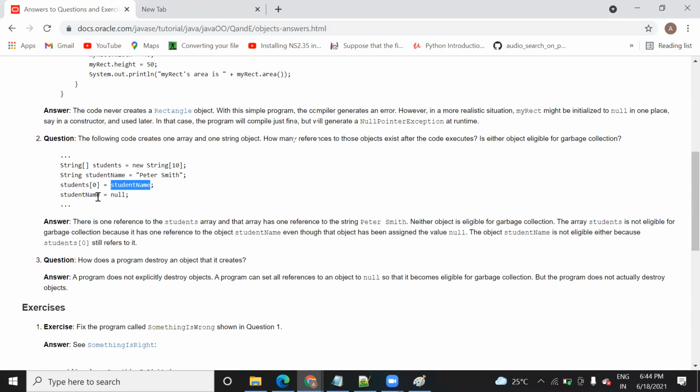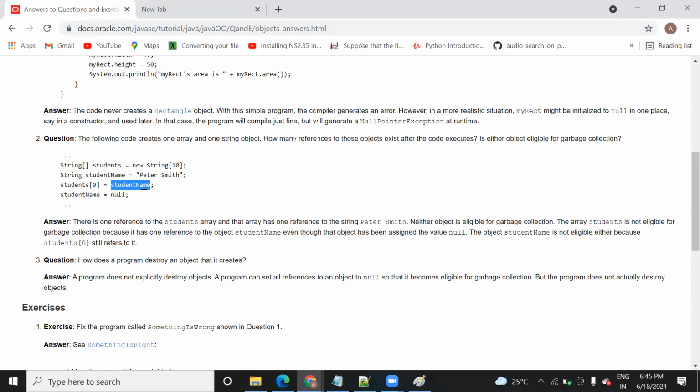So in Java, you can't replace the value. If you reassign the value here, it will obviously give an error. In Java, if you declare a variable, suppose you declare a is equal to Anu, and try to initialize a again with another value, it will give an error. So here they are saying that even if you want to assign the null value to this student name, the object student name is not eligible because student 0 will still be assigned the student name.